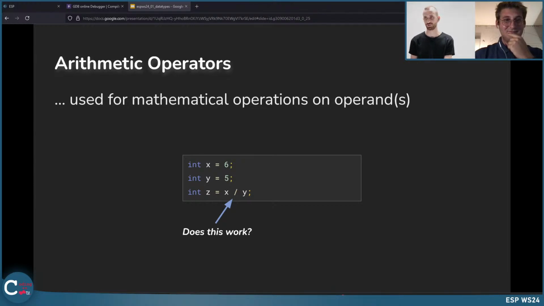You could also do it like this. This is a division, so you divide x by y. But this has a problem.